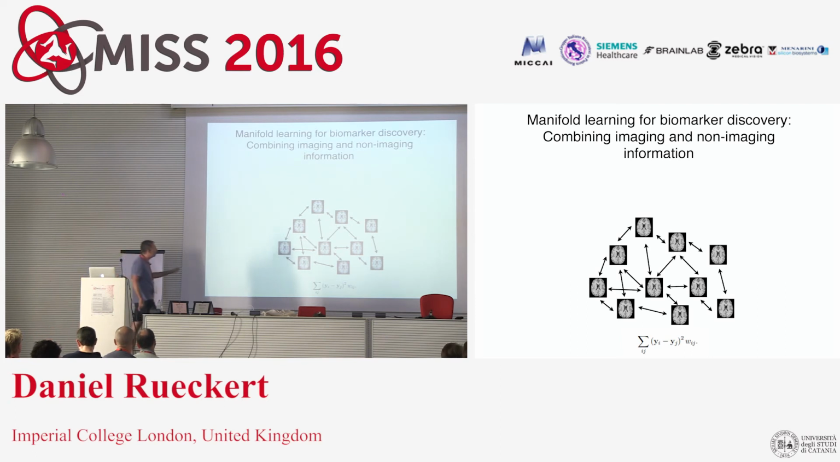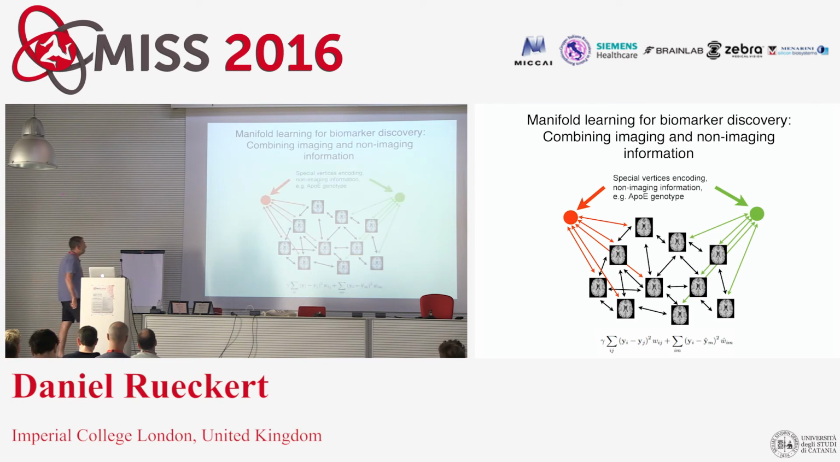For that, it's interesting to take a graph view of the world again. If I compute a similarity graph of my images, and, for example, I have genetic information, somebody is ApoE positive or ApoE negative. ApoE is a gene which increases your chance of developing Alzheimer's disease. I can incorporate that quite easily into the graph structure. I can take all the subjects who are ApoE positive and connect them to a special node in my graph with a fixed weight, and all the subjects who are ApoE negative, I connect them to